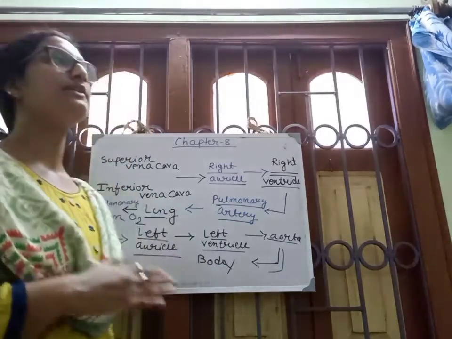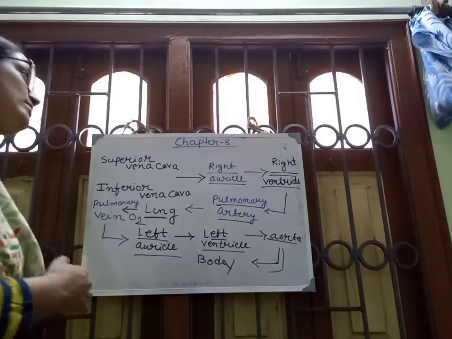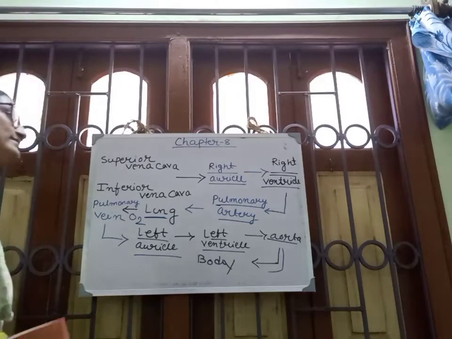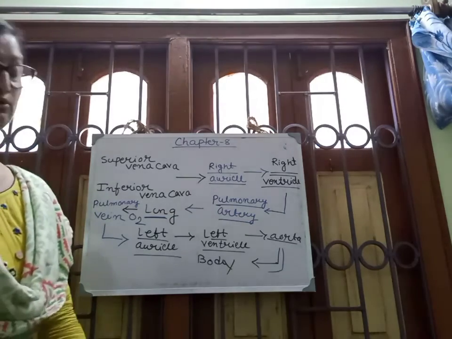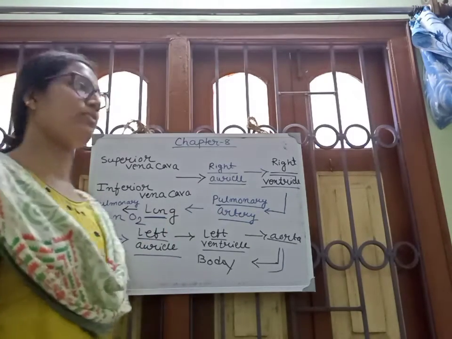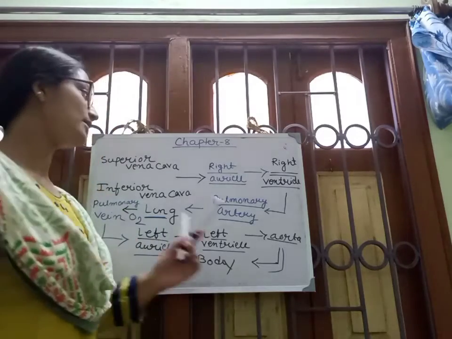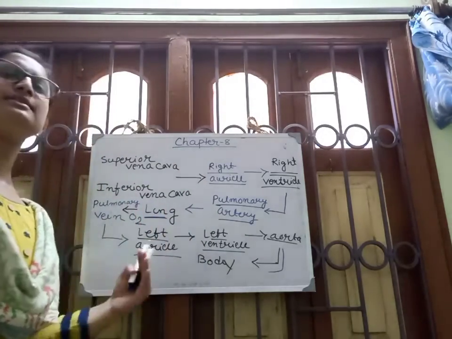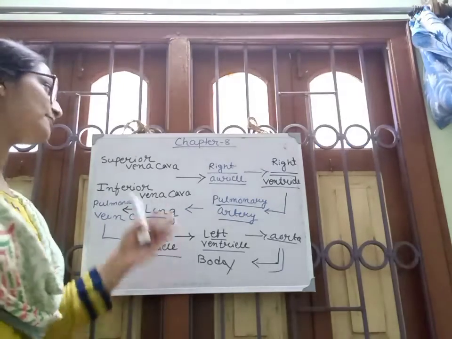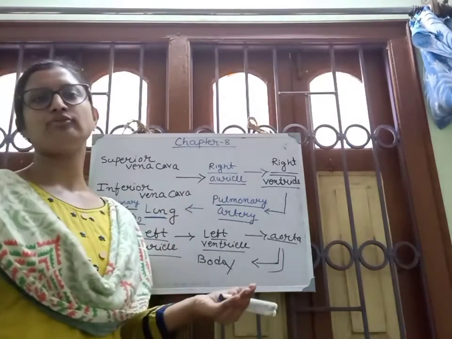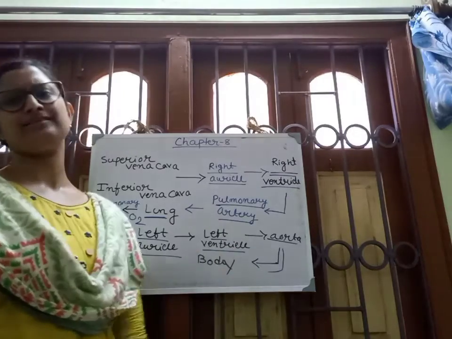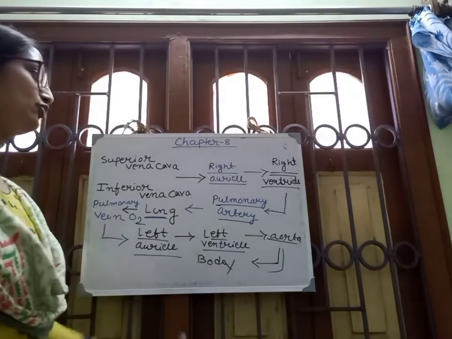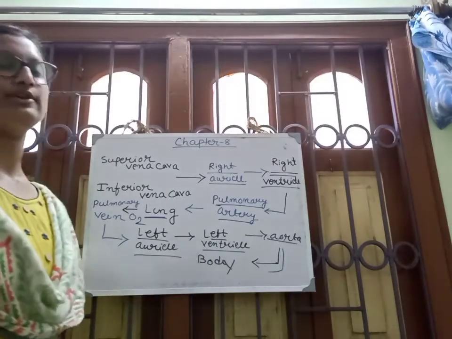That's why it is called double circulation: systemic circulation and pulmonary circulation. I hope it is clear what the systemic and pulmonary circulations are. This is not given in your book. If you understand the blood circulation from the heart to the lungs, you will easily understand the double circulation. At first, you have to know this flow chart, otherwise you cannot understand it. Please write in your book and copy this portion. You will easily understand.